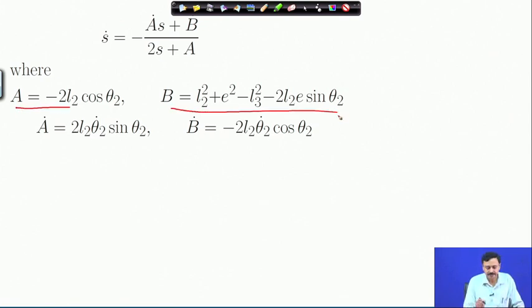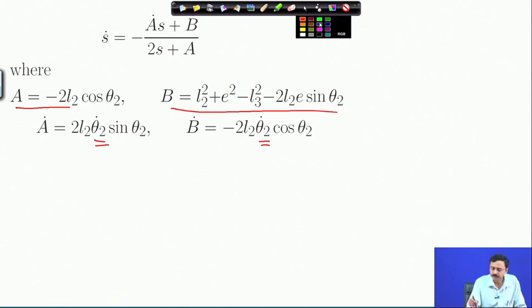If you differentiate these with respect to time, you will get A dot and B dot, and you will notice that these expressions of A dot and B dot involve theta 2 dot. So, A dot and B dot are proportional to theta 2 dot. If you put back these expressions of A dot and B dot in the expression of s dot,